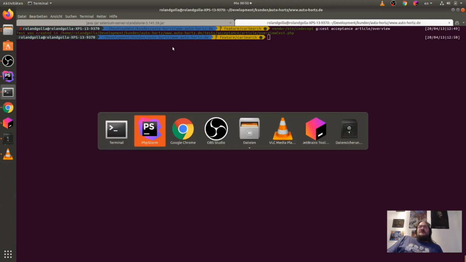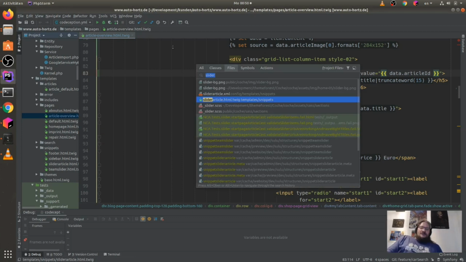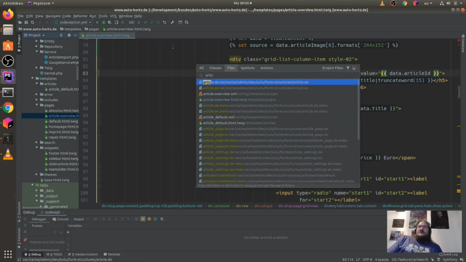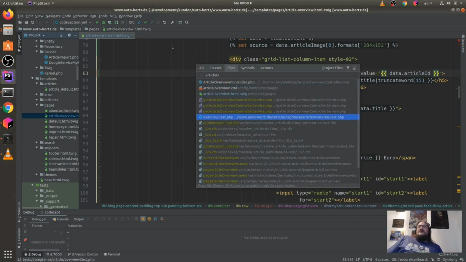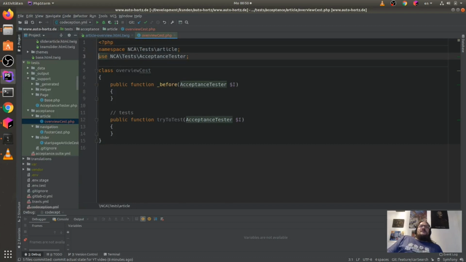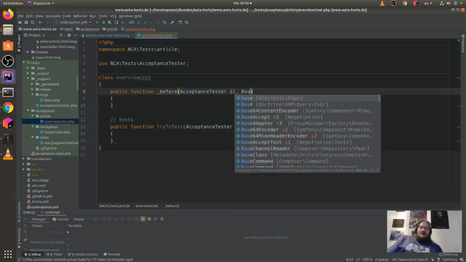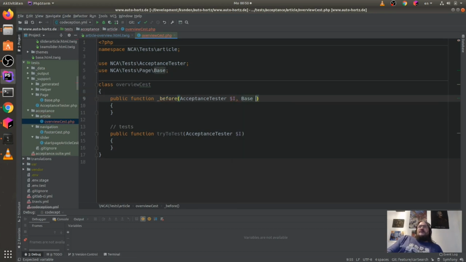Now it's generated, and we have here now our article overview test, and we have here the same procedure as every time. We get here our base as $page property.